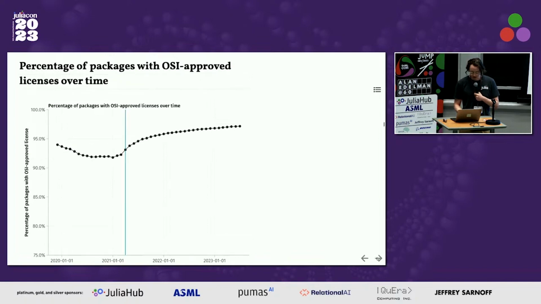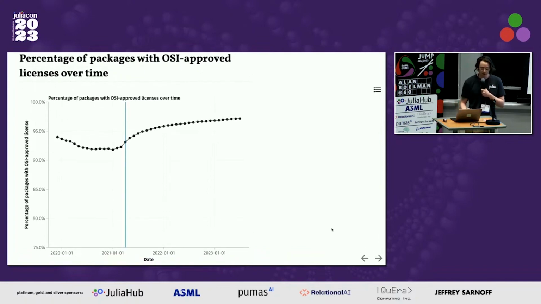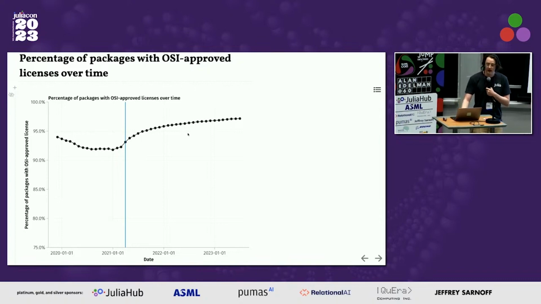We can also look at the percentage of packages with OSI approved licenses over time. The blue line here is where we made a small intervention. We added a license check to registry CI, so Julia packages will not get automatically registered if they're lacking a machine detectable OSI approved license. We can see that did have an effect: the percentage of packages with a license increased over time. Note also the overall number of packages is growing at the same time,